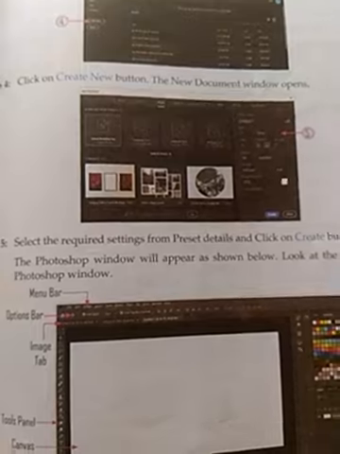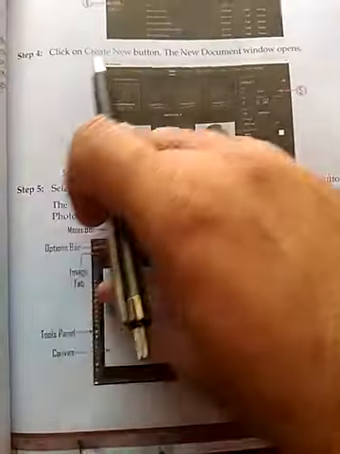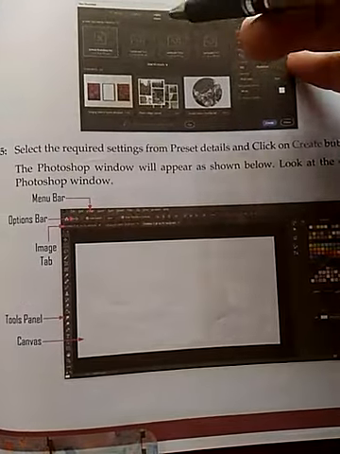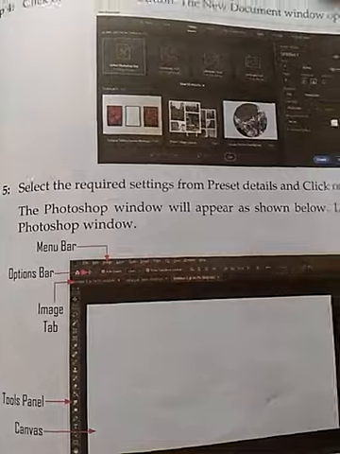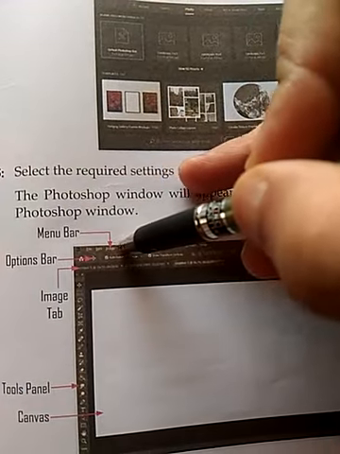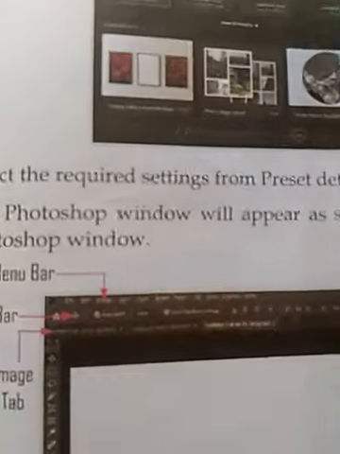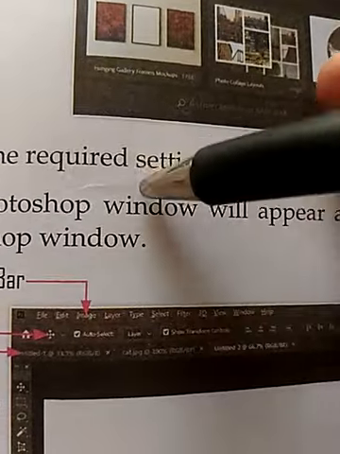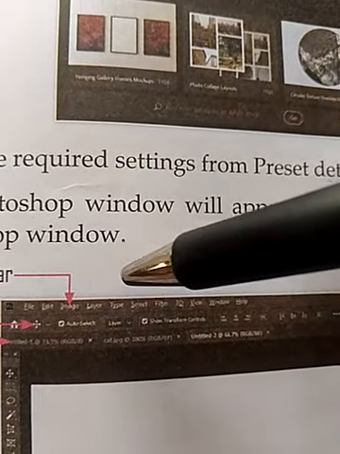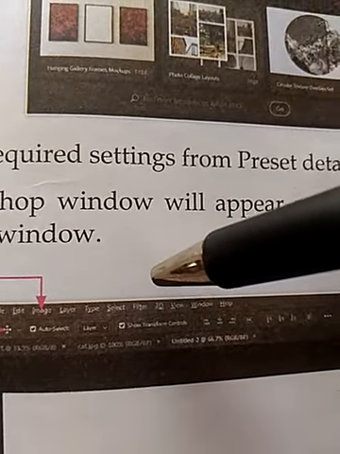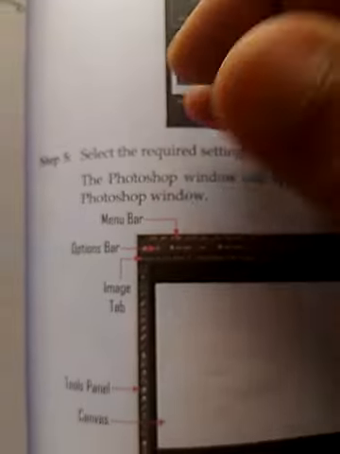Before going into the details of editing a photo, let's have a look at the window of Adobe Photoshop. The first bar of the Adobe Photoshop window is the menu bar, which displays different menu options like File, Edit, Image, Layer, Type, Select, Filter, 3D, View, Window, Help.